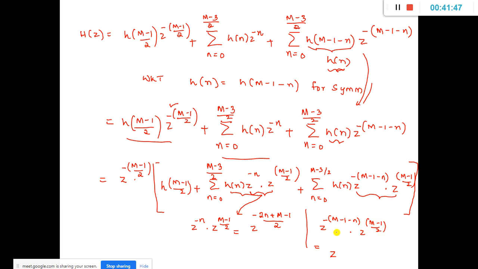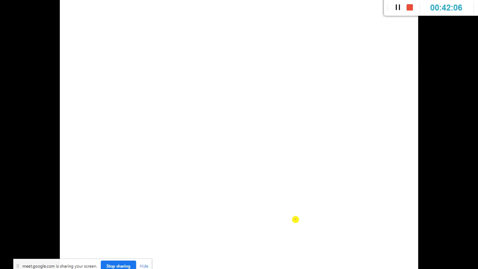z to the power of minus m minus 2n minus 1 divided by 2. So this is going to be obtained when you add these two terms. Finally, h of z is equal to z raised to minus m minus 1 by 2 h of m minus 1 by 2